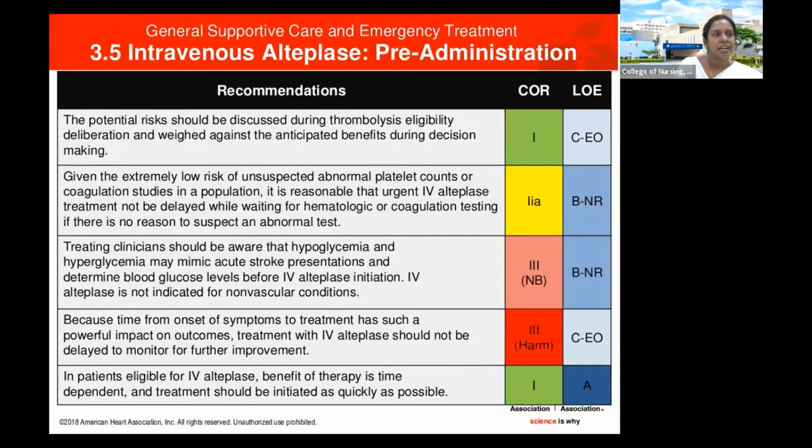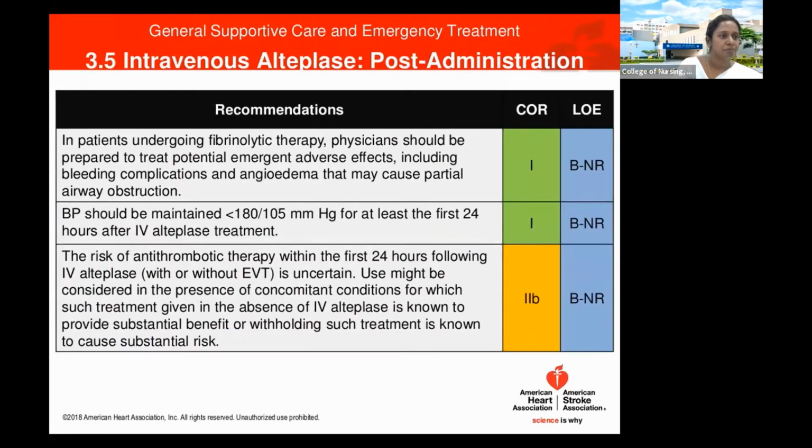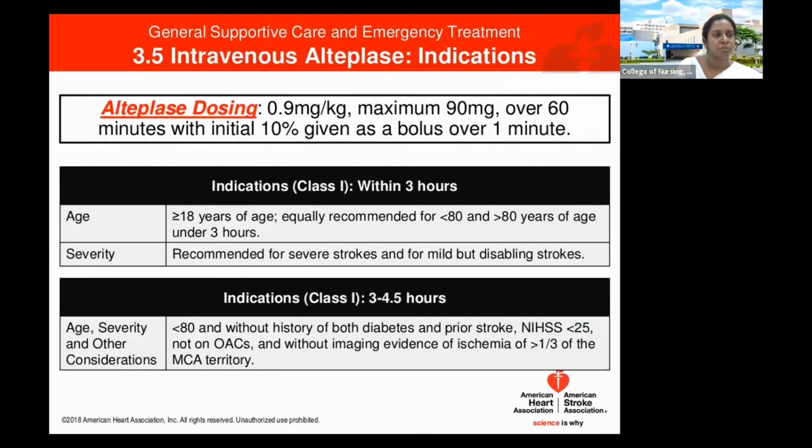Regarding RTPA, quite a bit of information is there. I'm not going to go into details of everything. Please check glucose, because hypoglycemia and hyperglycemia can mimic a stroke. So without treating that, we shouldn't think that patients are having stroke and give TPA. First, make sure that they don't have hypo or hyperglycemia. Only then go ahead with RTPA administration. There is quite a bit of information about it. I will give it to you so that you can go through it.